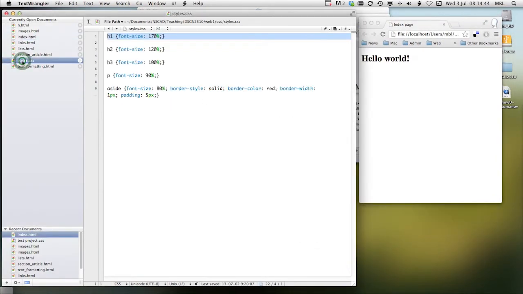Let's go back into our styles. Now this style definition has just one property value. Let's try adding another property value. Let's add color, red, end with a semicolon. Save it. And then we'll